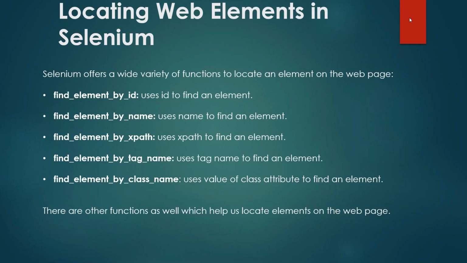Now, as I told you, Selenium is used to scrape the elements. Now, how will you scrape it? See, 95% is the same thing. The only thing getting added here is XPath. Only XPath is the newest arrival here. Find element by ID, you know. Find element by name, class name, you are already doing. By tag name, you know. By class name, you know. The only new thing is find element by XPath. So we'll be using XPath to find an element.